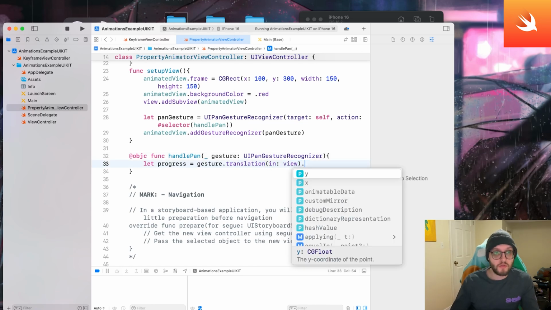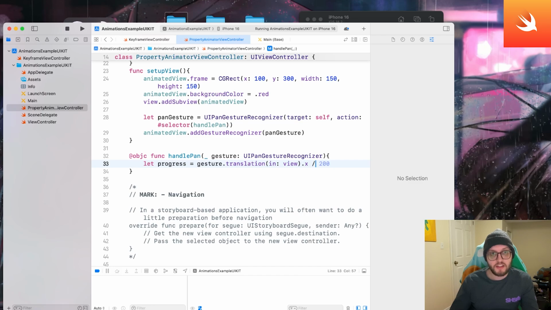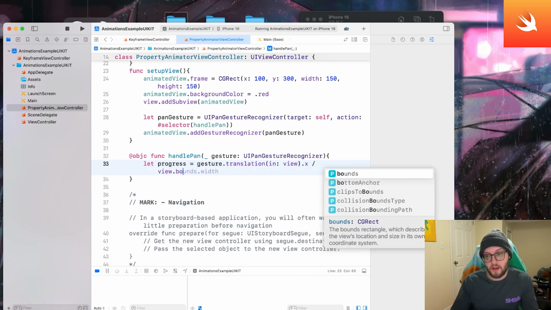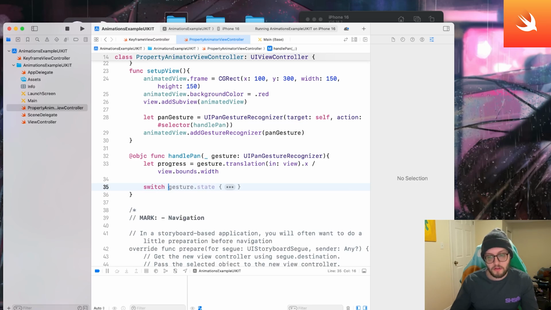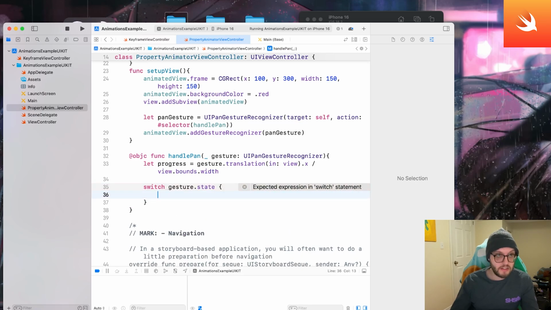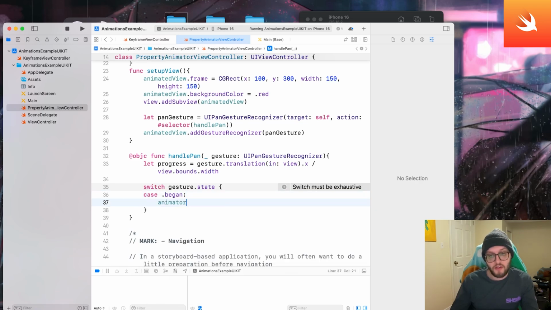Outside of these brackets, we're going to do the .x / view.bounds.width. Awesome, and now let's create a switch statement for our gesture.state. So for the first case, this is when it just began. So we'll do .began, and we're going to have our animator equal